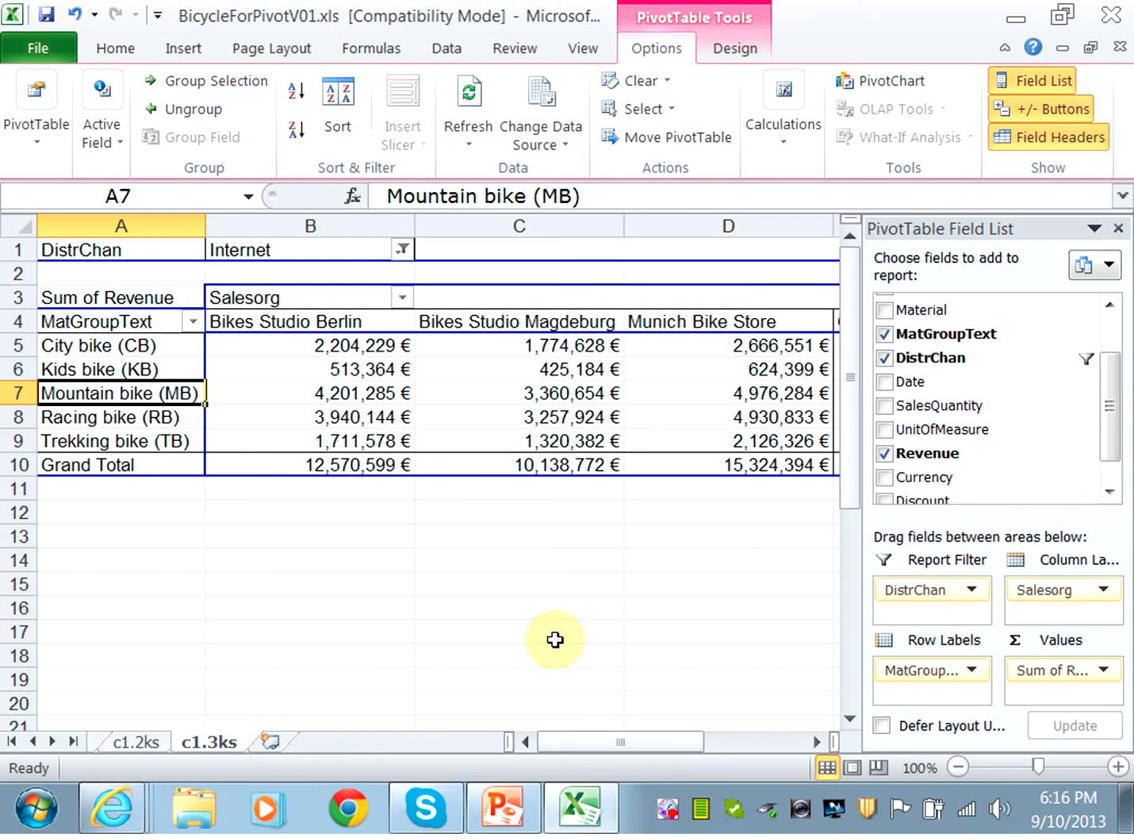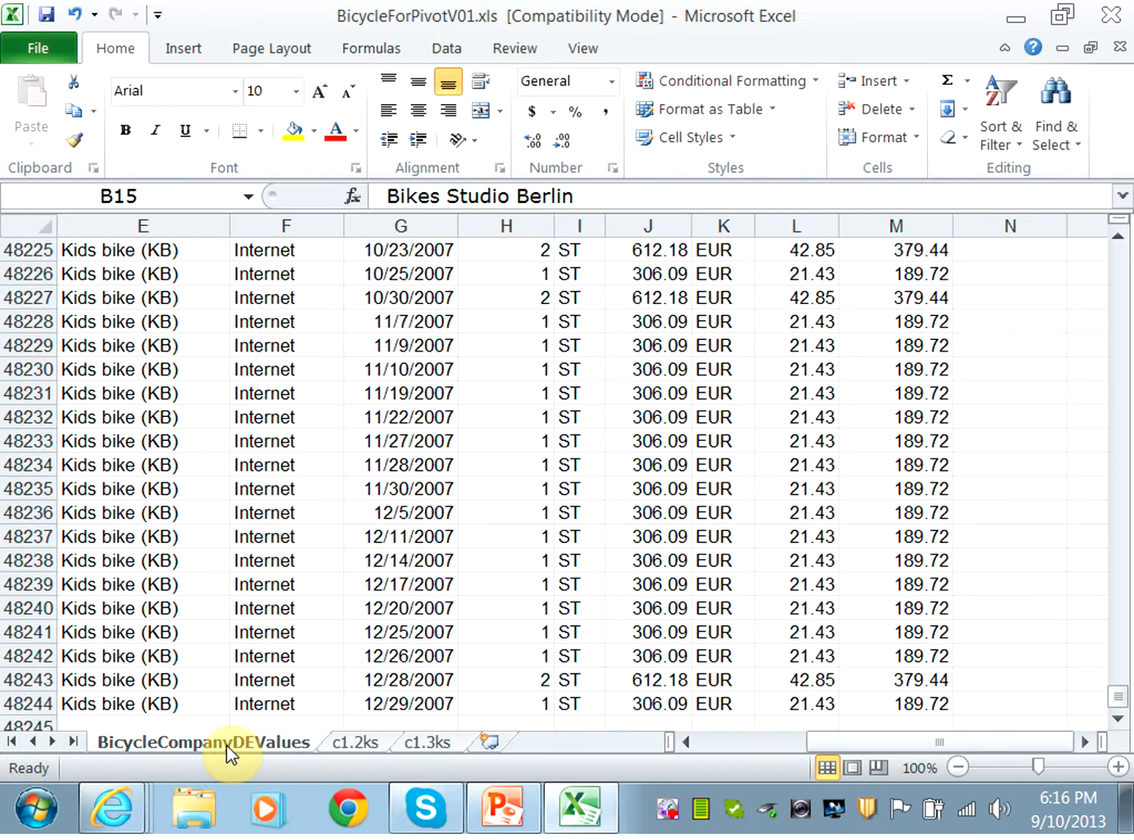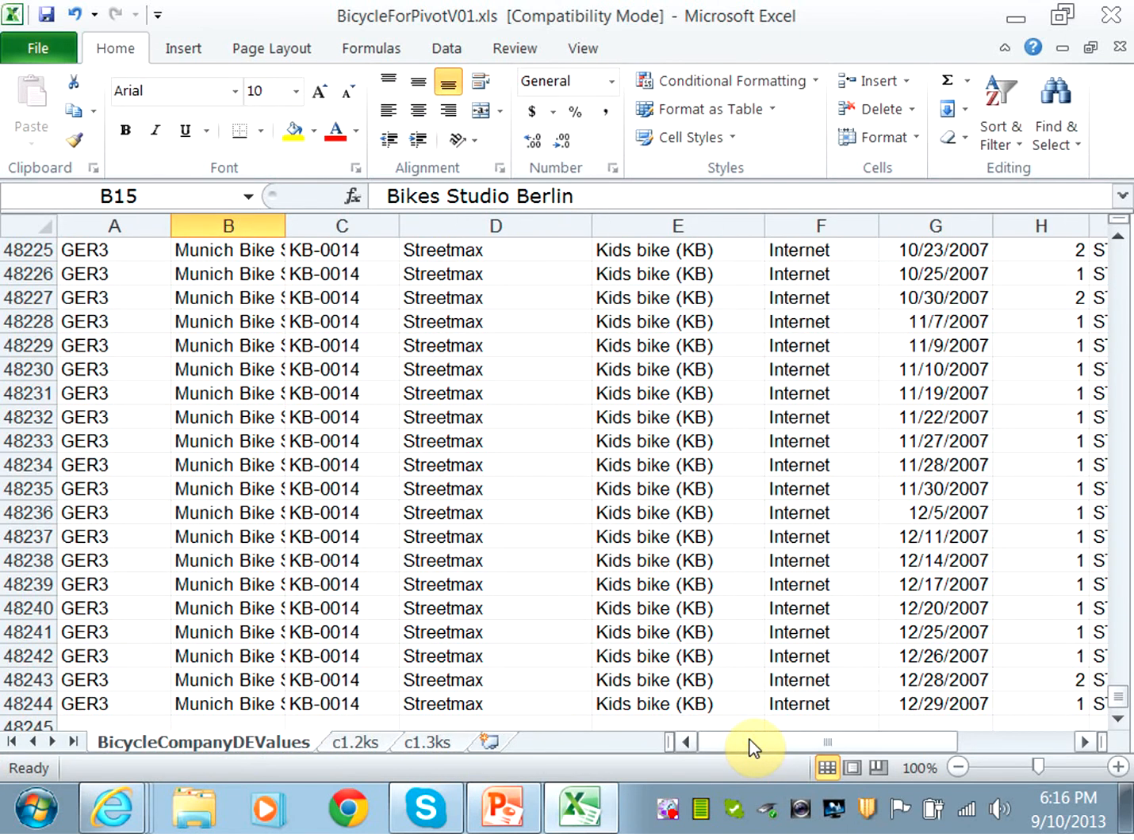Okay, we are now on question C 1.4, and it's asking you to show the categories under each of the material group text. So the material group text are categories. You have a category called city bike or kids bike or mountain bike, and you want to show the models underneath it. If you look at the original Excel sheet, you can tell that for example, for the kids bike,